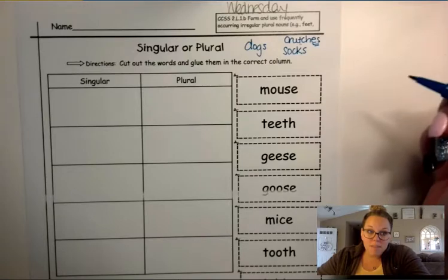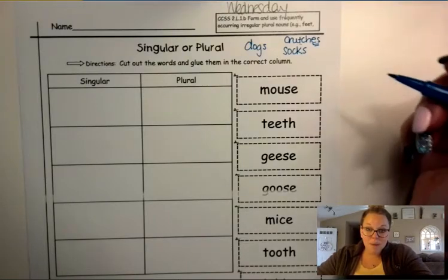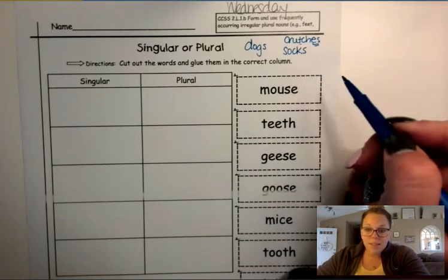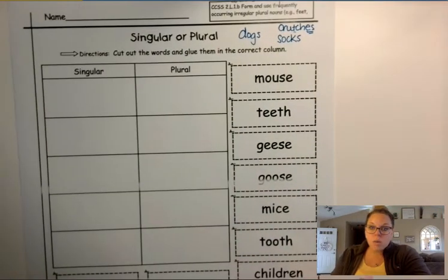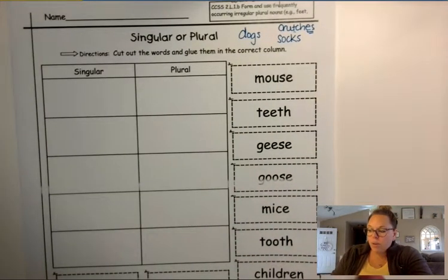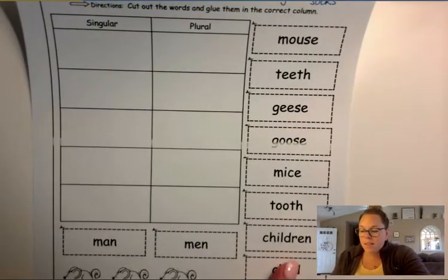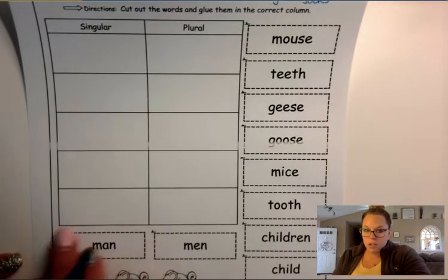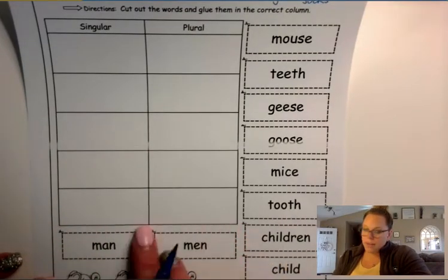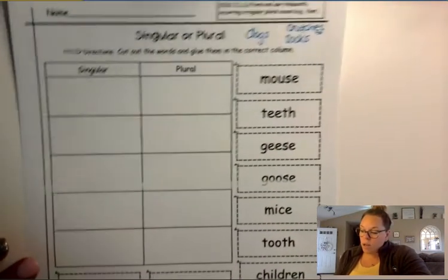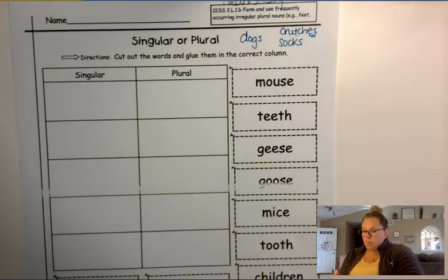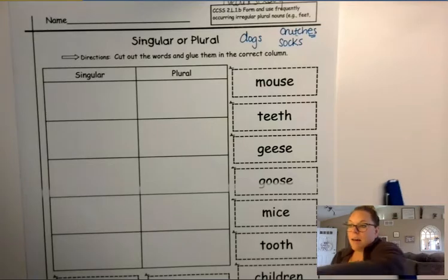Now, remember that this week, starting yesterday, we talked about the plural nouns being irregular, where they don't follow the ES and the S rule. So what you're going to do today is you're going to practice identifying the singular and the plural. What I would like you to do is cut each of these words out on the dotted lines. When you have got them cut out on the dotted lines, you are going to be pasting them into the